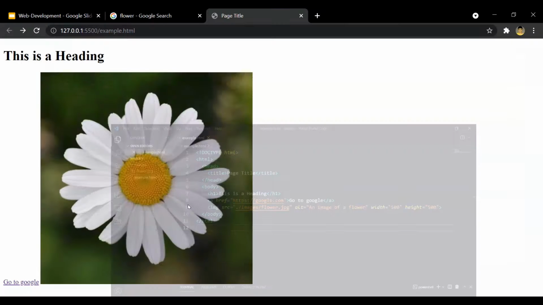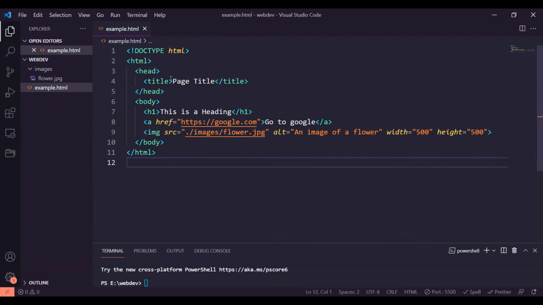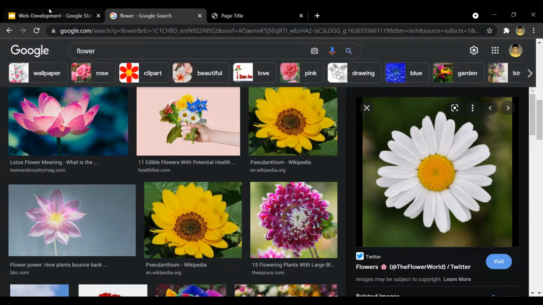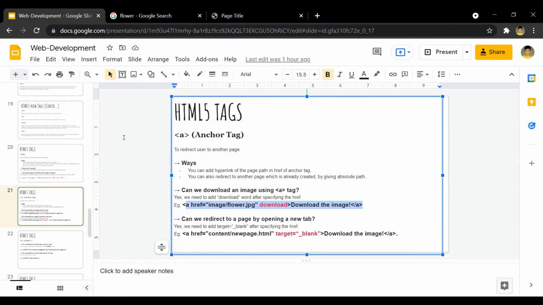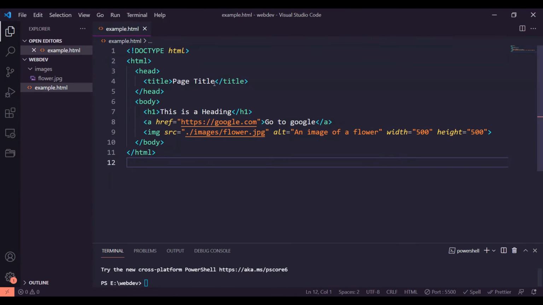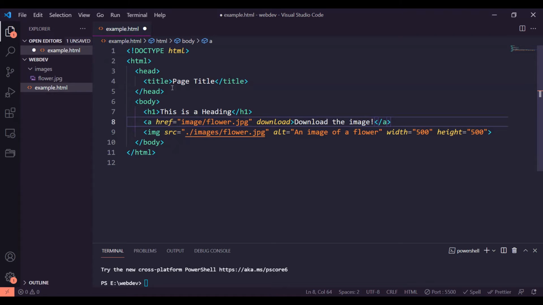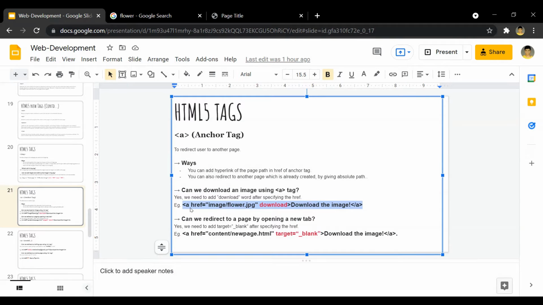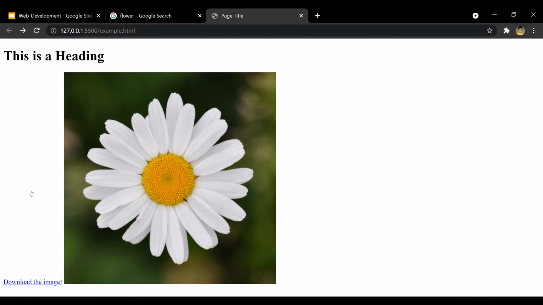Imagine you need to add a link where you allow the user to download. You want the user to download some image or something. Then you can use it like this. If I put this attribute, you can see download over here. When you put download after the href, you can allow the user to download that image. So let's try that. I've saved it. Now see this. When I press this,